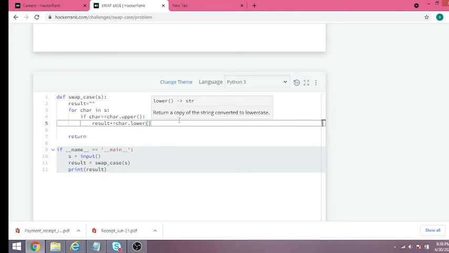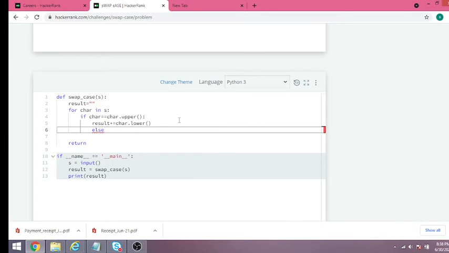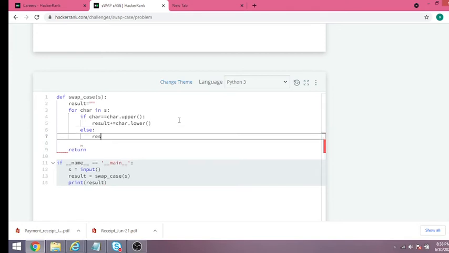Indentation should be maintained. Else, the result should be appended with char dot upper.